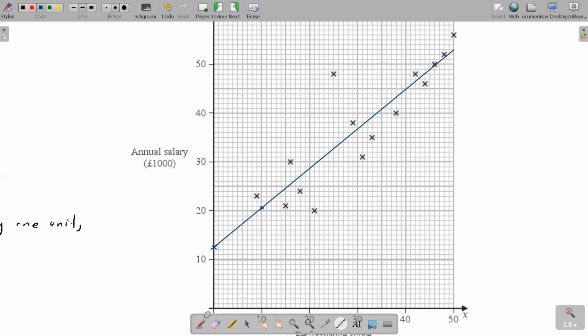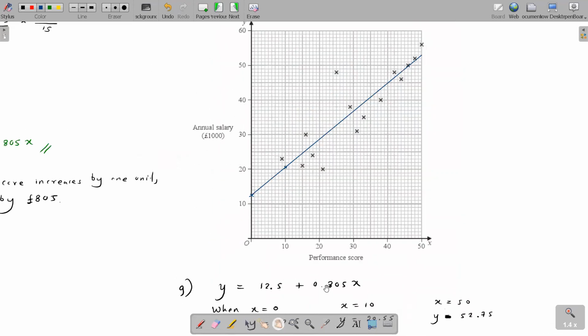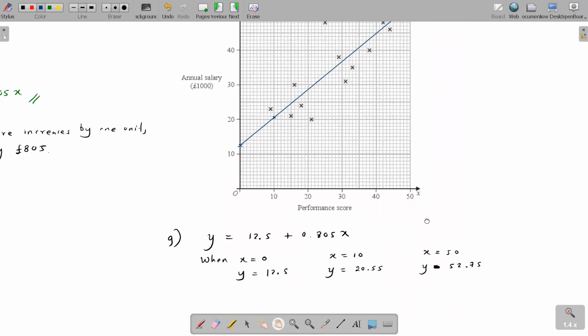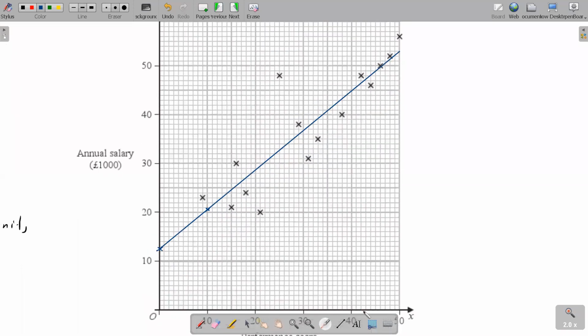Okay, children, so draw the line until the end. Can you see? Automatically, the other points should fall on this. The other point is 50 comma 52.75. So when x is 50, do we get 52.75? Something close to 53. I think we get close to that, right? Let me mark this 52.75. Okay, something like this. 52.75, almost close to 53.